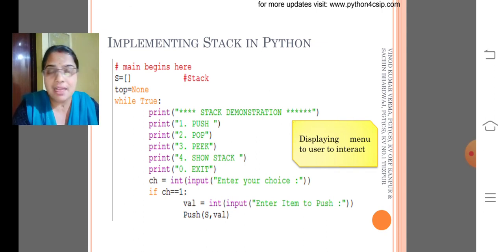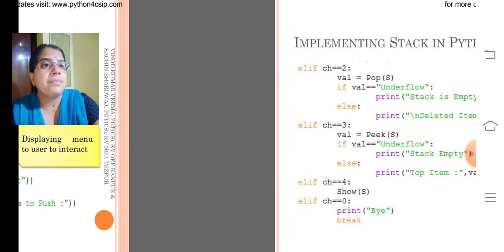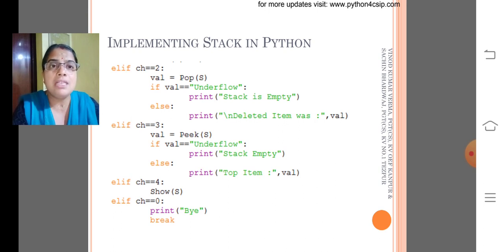The user will input their own choice, and if it is 1, this if statement calls the push operation. If it is 2, it will call the pop operation, and if the value is equal to underflow, it will print that the stack is empty, otherwise it will display the deleted element.